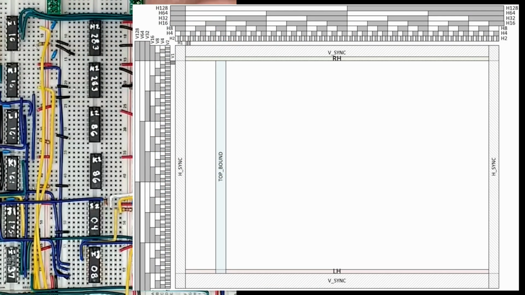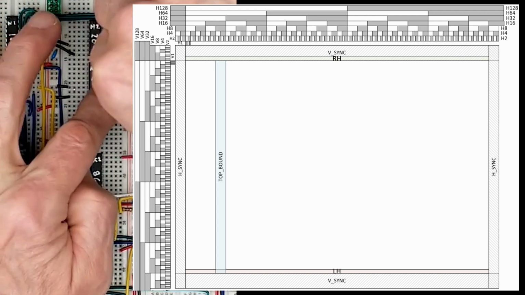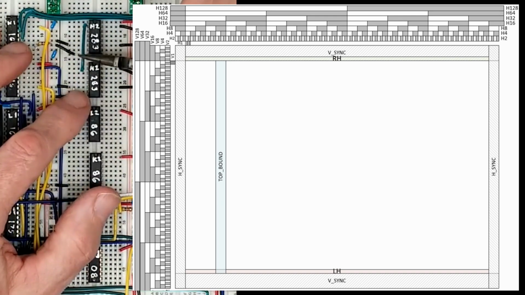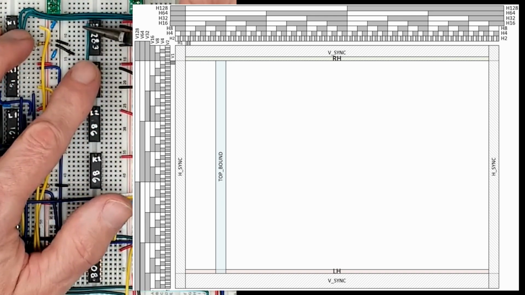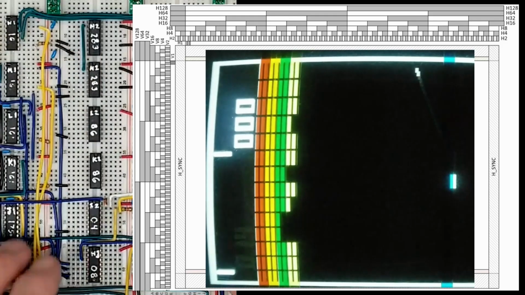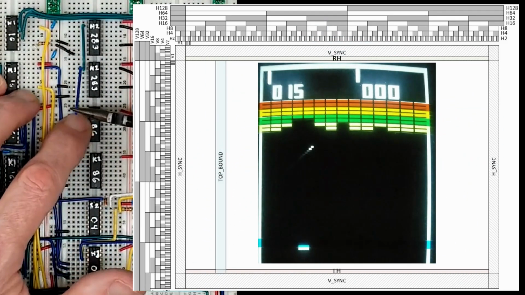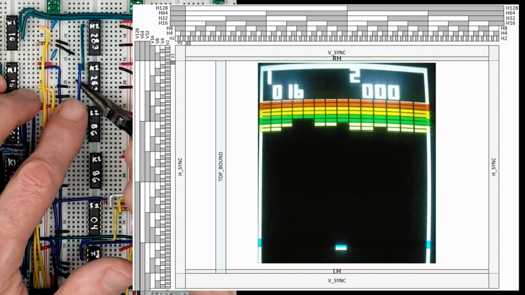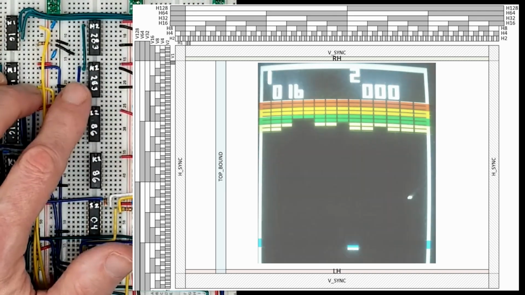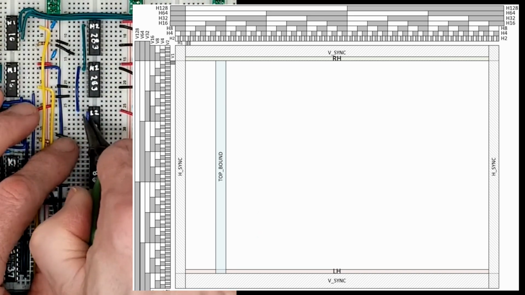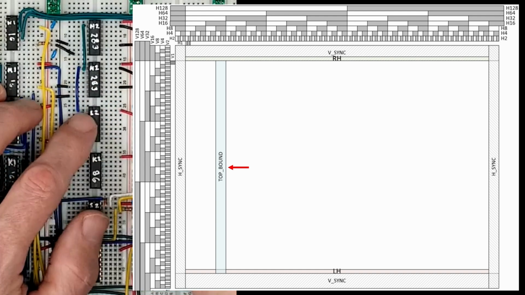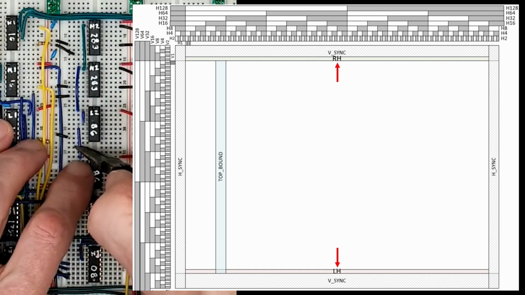We created this Visio screen layout diagram in the last session. This shows a normal screen orientation. As you know, the actual monitor is rotated 90 degrees clockwise in the cabinet, and the border signals are named with this rotation in mind. So top boundary is on the left in our drawing, and the sides are on the top and bottom.